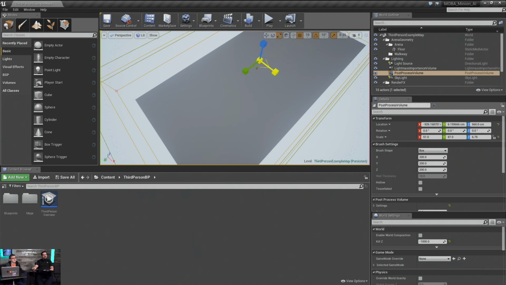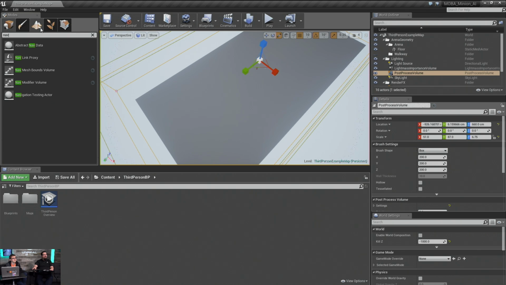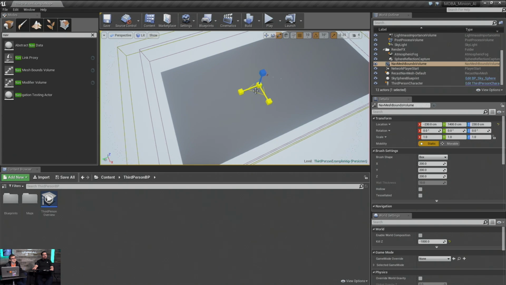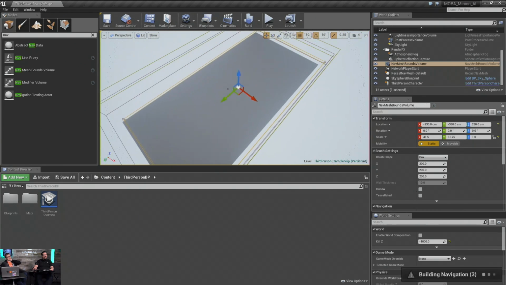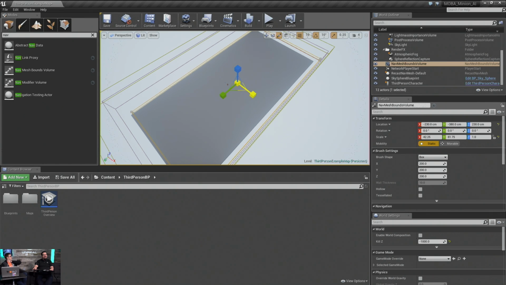Now, we are going to be using nav mesh, so we are definitely going to want a nav volume. So, nav bounds volume. Go ahead and drop that in the world and we're going to expand that out. This is the most commonly forgotten step. You know who forgot it yesterday? This guy! You know who forgot it in the AI streams when we first started? This guy! Well, at least not this time, guys.